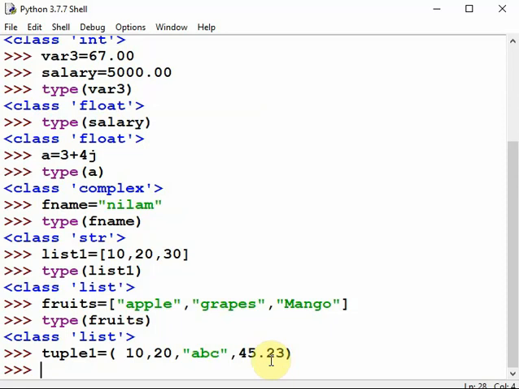Now see how to create a set. Set 1 equal to curly brackets. For a set you have to enclose with curly brackets.